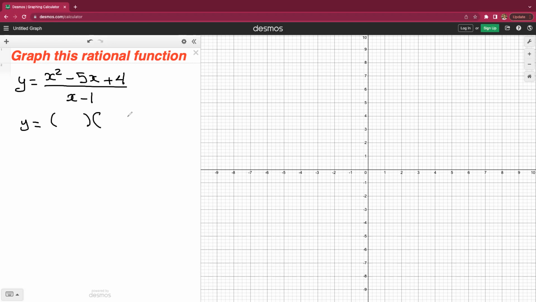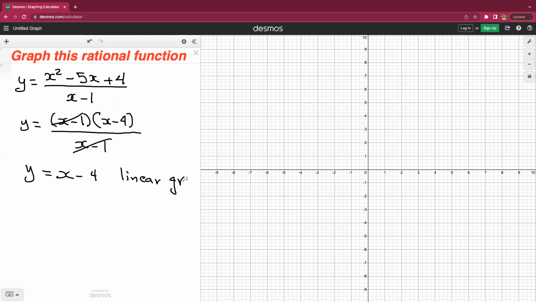So I look at the top here and I see it factors into x minus 1, x minus 4, because two numbers that multiply to give you -4 and add to give you -5 are -1 and -4. And I still have the x minus 1. After this, you want to reduce the x minus 1 with the x minus 1. So what you're left with is y equals x minus 4, which is a linear